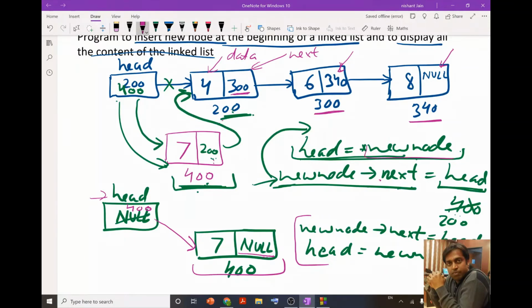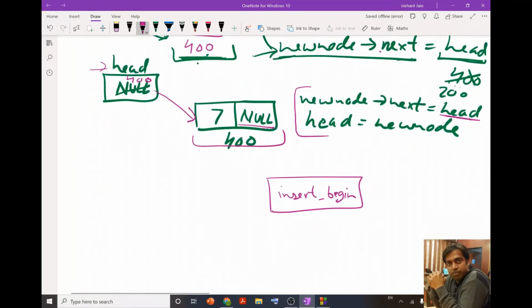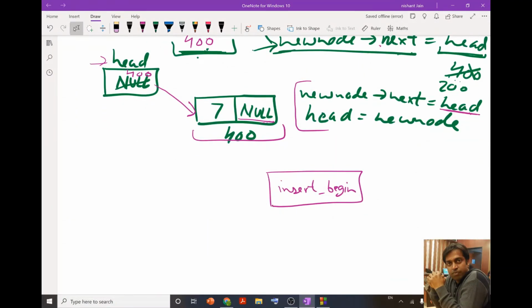So what I have to do is just pass the value of the head, because by passing the value of the head, I can automatically go to any node that is there in the linked list. So whenever I talk about the linked list, I just need to know the value of head. So the same information, head information, I am going to provide to the function insert begin.